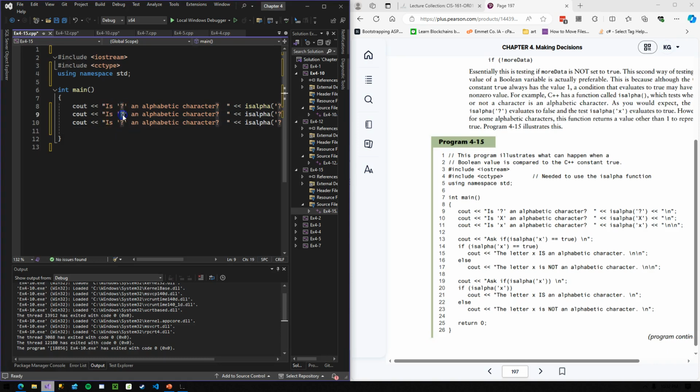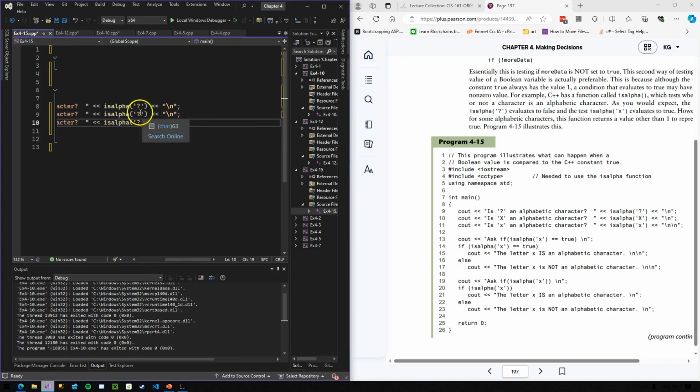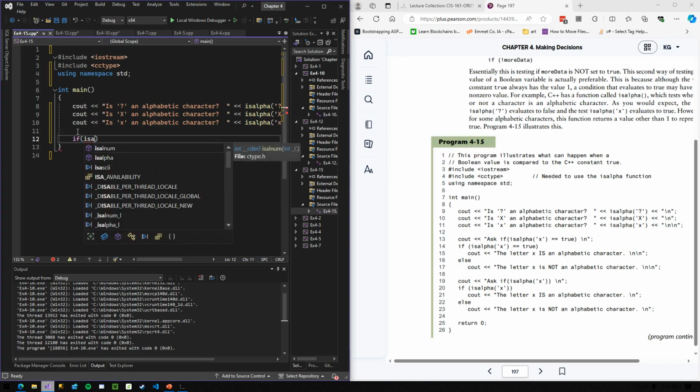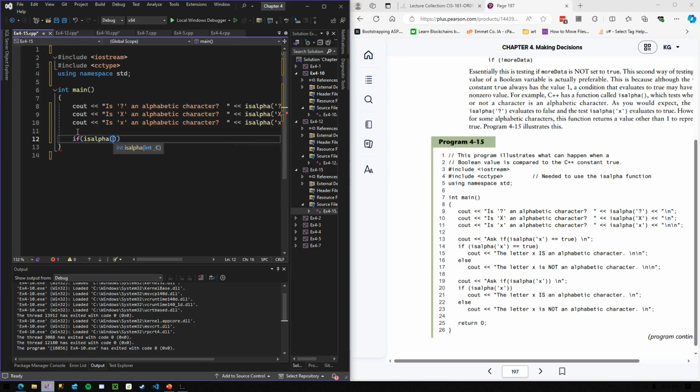How about is capital X, is lowercase x, capital X, lowercase x. If isalpha x equals true,